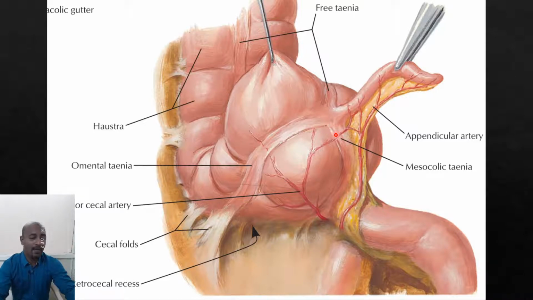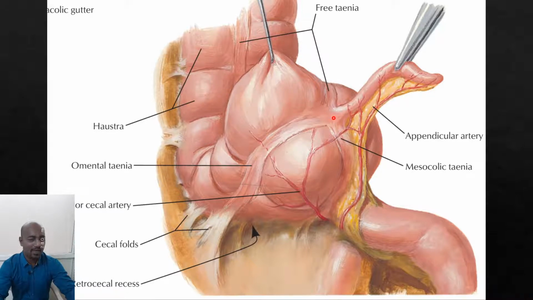That may explain the decreased incidence of acute appendicitis in very young and very old people. In the very old it is almost obliterated, so nothing can enter and block it, and in the very young it is widely open, so even if something enters it can come out. In early adolescence or late childhood, it is open enough for things to enter it, but not wide enough for them to come out.